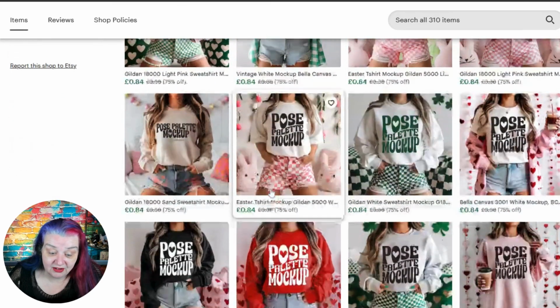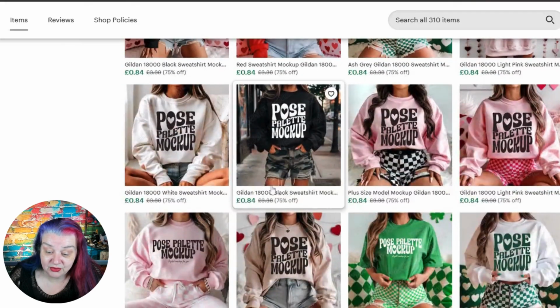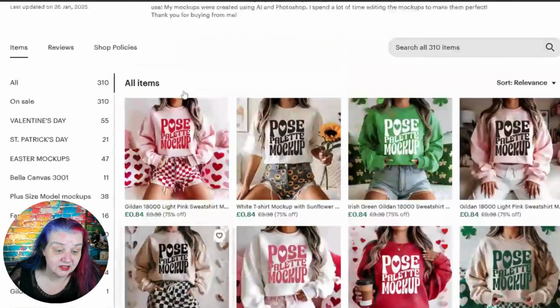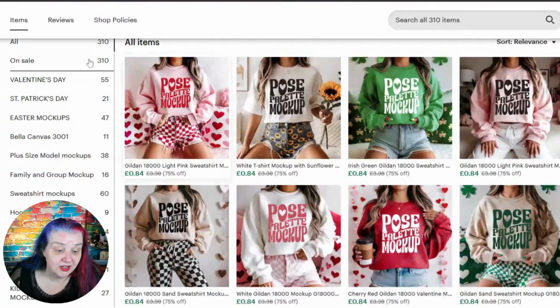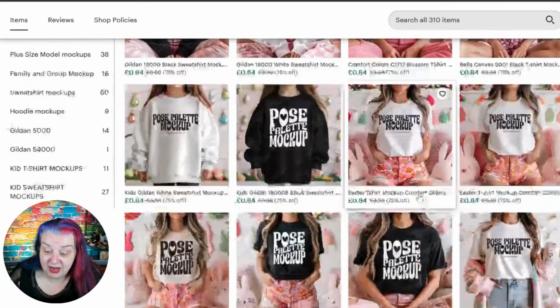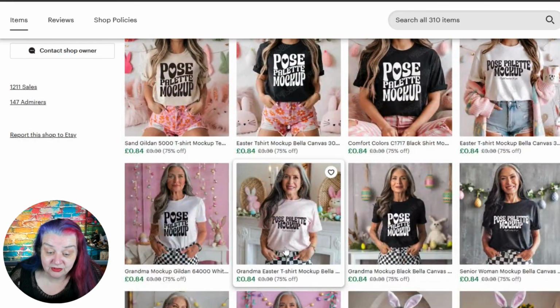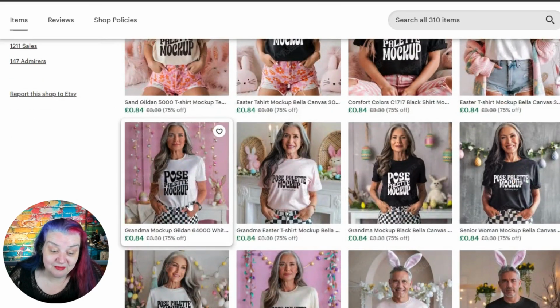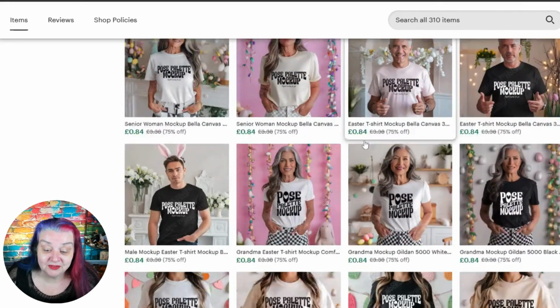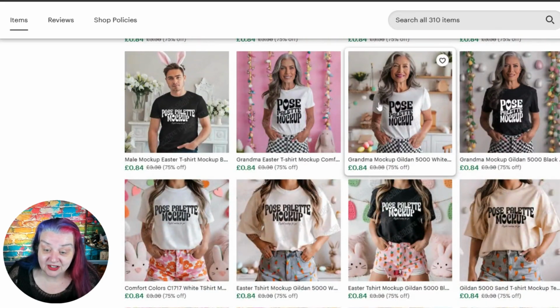So, yeah, I can't hate on that. I'm sure they'll have all the other things coming up as well. Let's see their sections. Yep. St. Valentine's Day, St. Patrick's, Easter mock-ups. Yeah, I suppose they are Eastery, Easter backgrounds. That's super helpful for people. Oh, grandma mock-up, golden girls. Wow, I wish I would look as good as that at the grandma age,